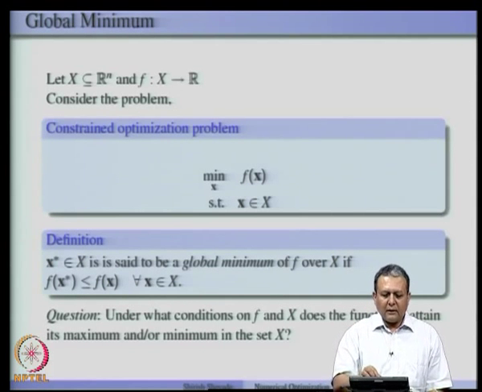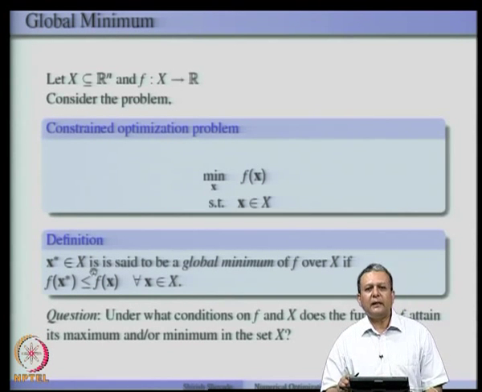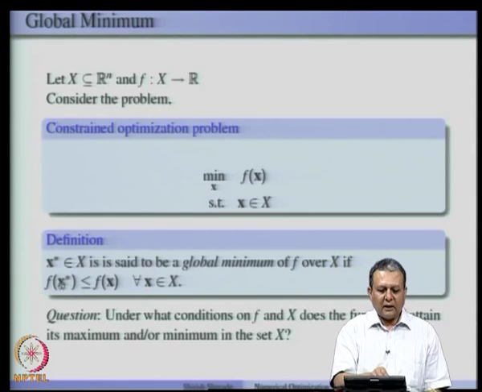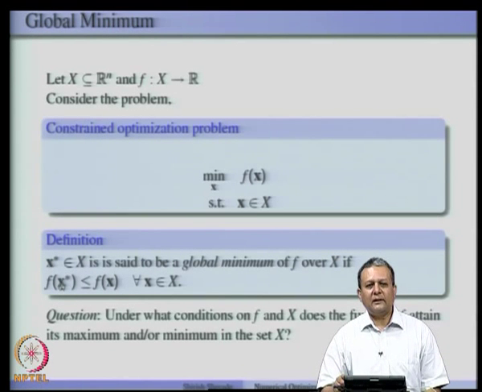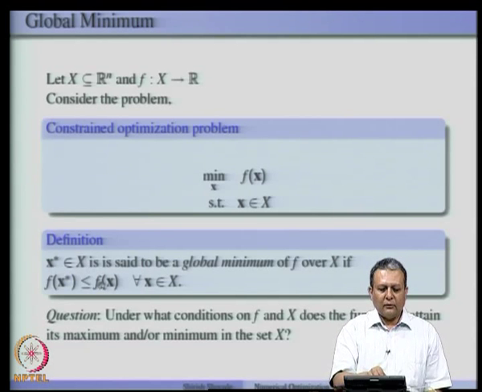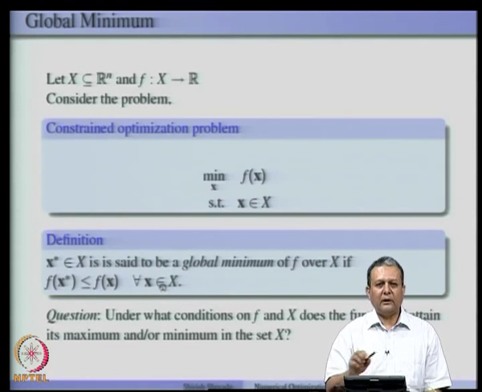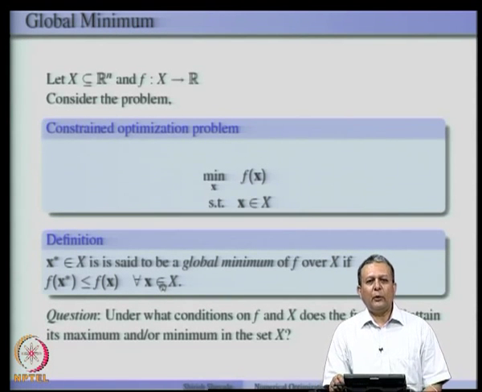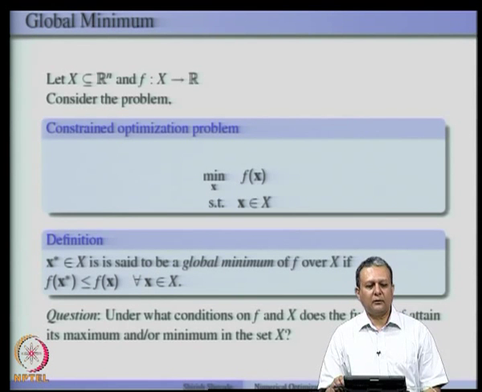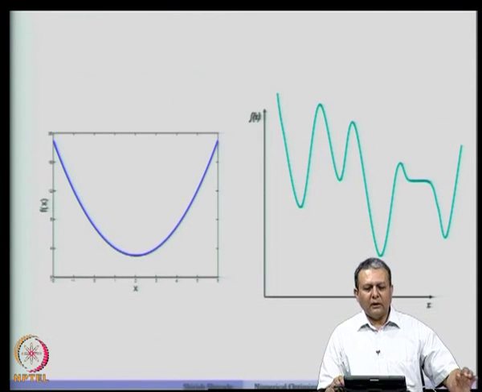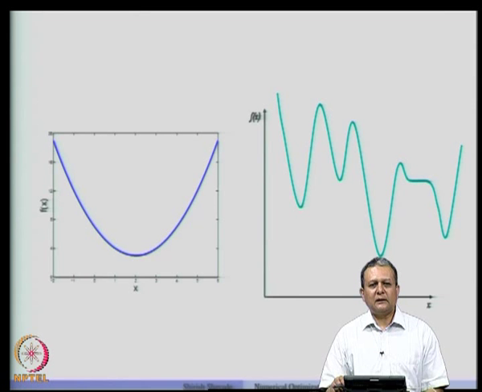Okay. So, x star belonging to the set X is said to be a global minimum of f over X if the value of the function at x star is less than or equal to the value of the function at any other point in the set X. Such a point x star is said to be a global minimum. For example, let us consider a problem